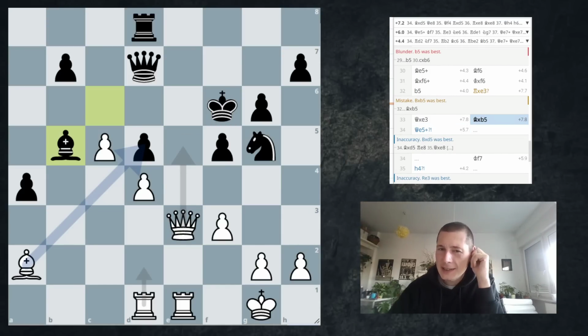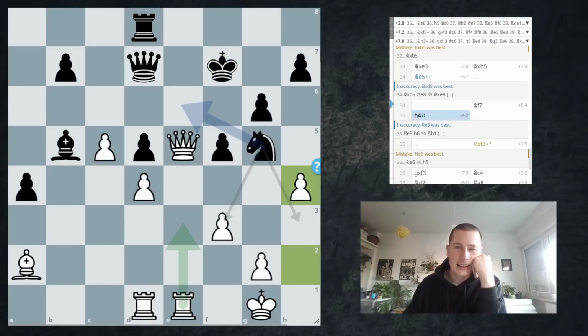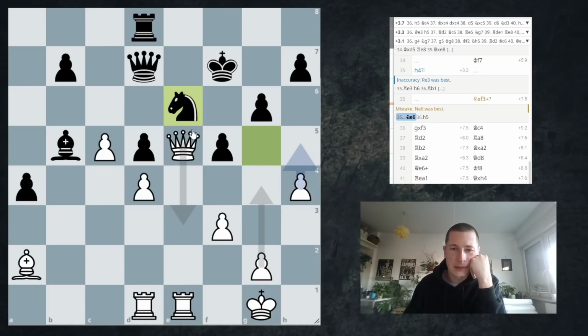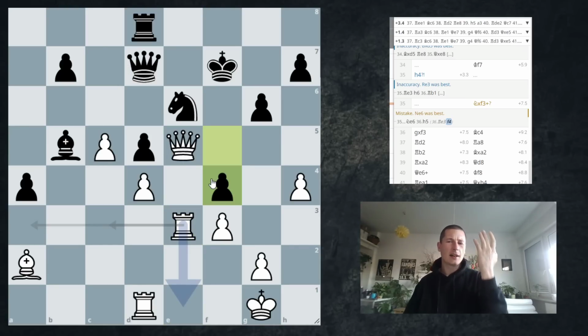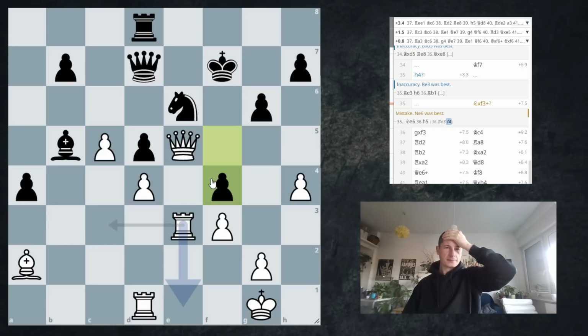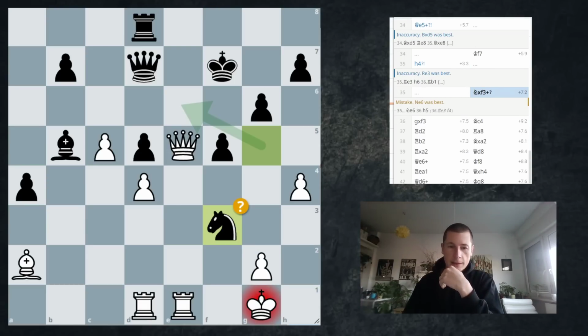Oh, bishop takes d5 with mate on e7. Yeah, knight e6, I thought I could just double rooks like this, and I couldn't see what he does. Yeah, but f4 is not defended. Okay. Yeah, but knight f3 is weird. Okay,